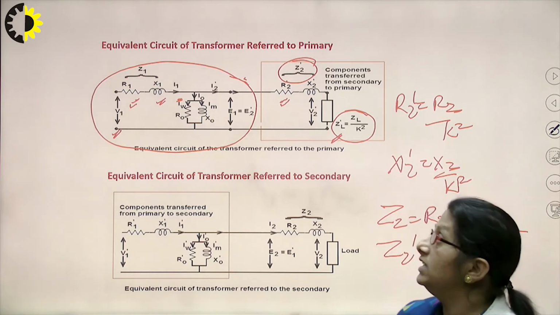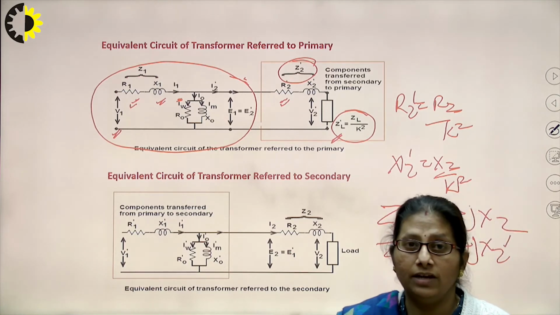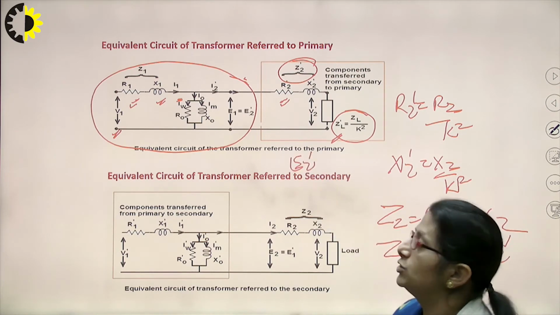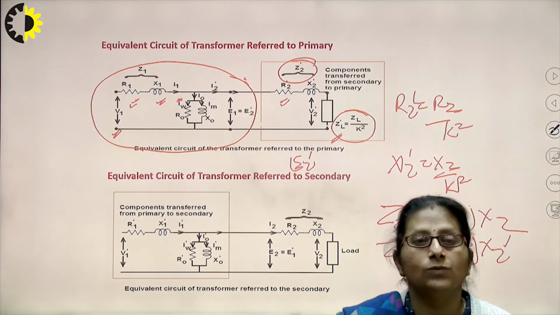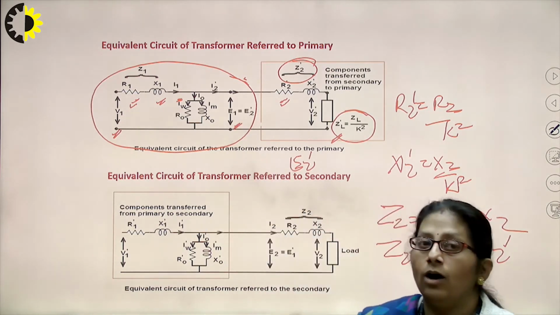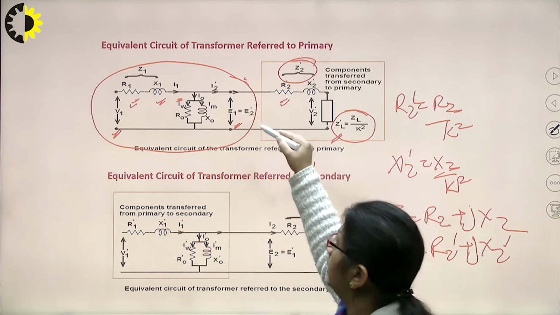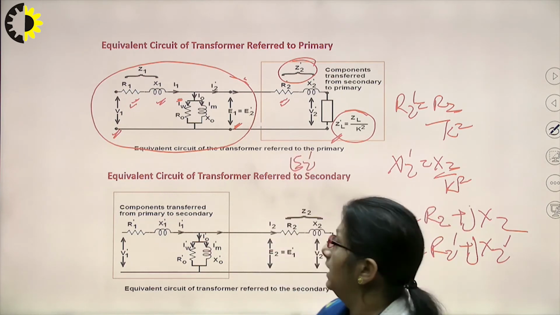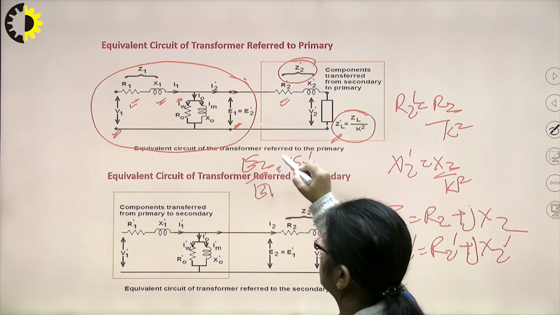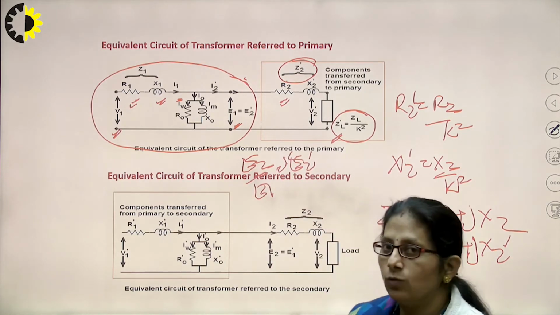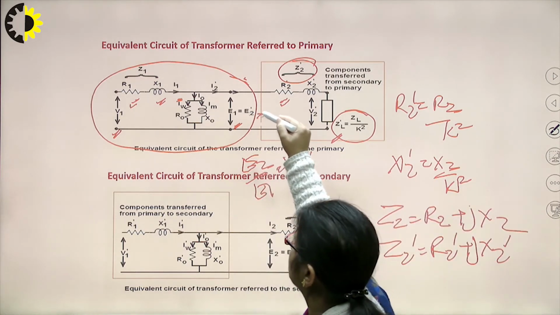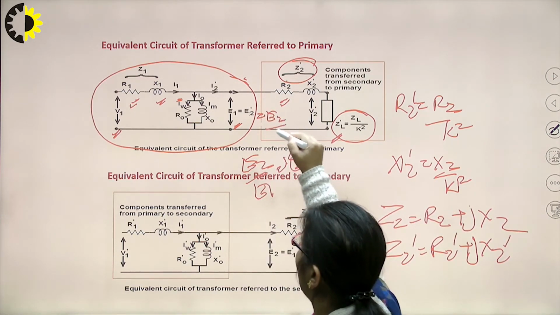Now, what about E2? The secondary induced EMF. The secondary induced EMF will be changed to E2 dash, and obviously its value would be equal to E1. And according to E2, what should be its value? If you just see our transformation ratio, E2 by E1, that is equals to K, right. So, what is my E1? E1 is E2 by K. So, what should be the E2 dash value? It should be E2 by K,